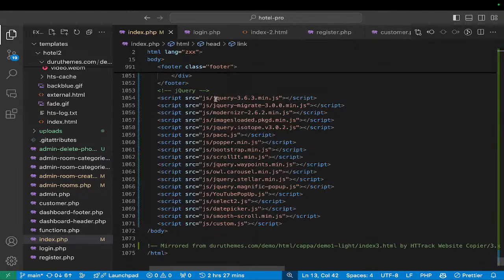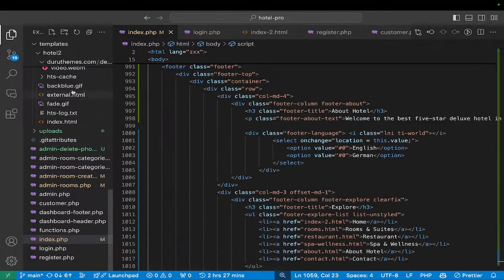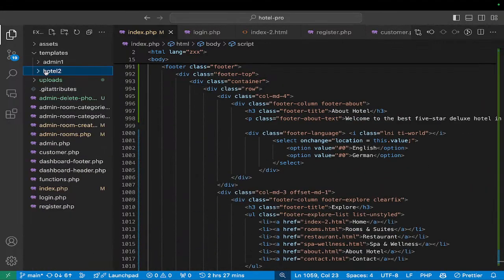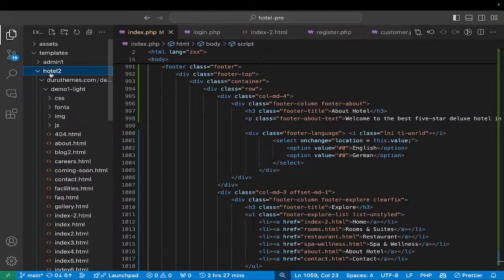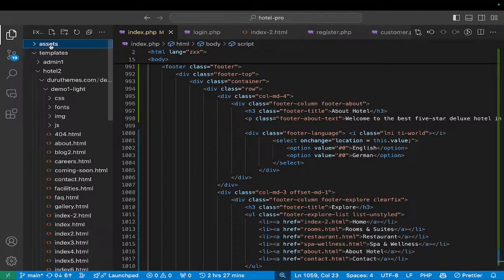So you have here stroke JS, you have jQuery, modernizer, price. I think still it will not contradict with what we have. So let's first import it and see what we're going to get. So I'll come here to public HTML, to hotel HTML. Remember our assets are here. These are assets. Okay. So come here to hotel HTML, and then come here to demo light, and then these